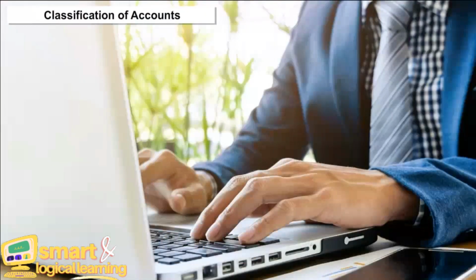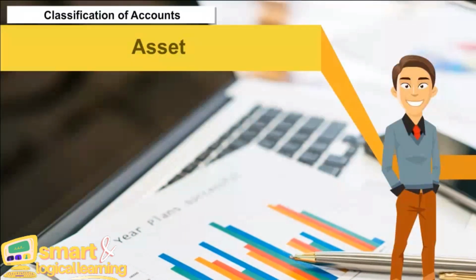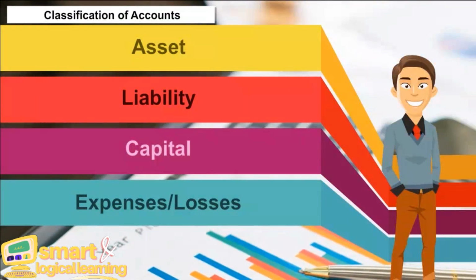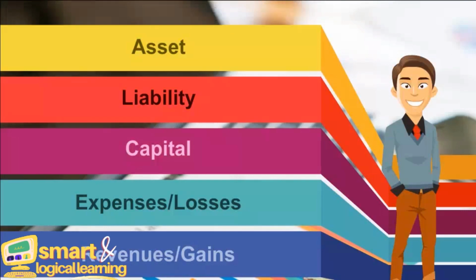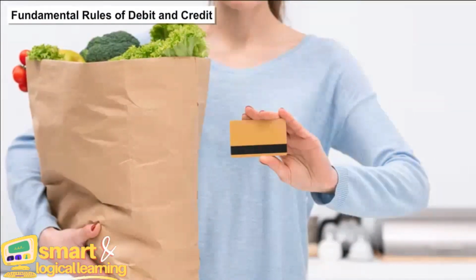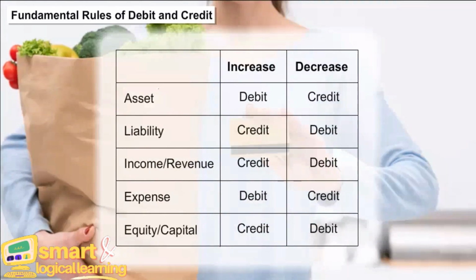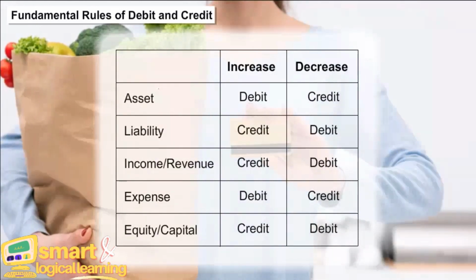Classification of accounts. All accounts are divided into 5 categories for the purposes of recording the transactions. These are asset, liability, capital, expenses or losses, and revenues or gains. Fundamental rules of debit and credit. The two fundamental rules that are followed to record the changes in these accounts are: